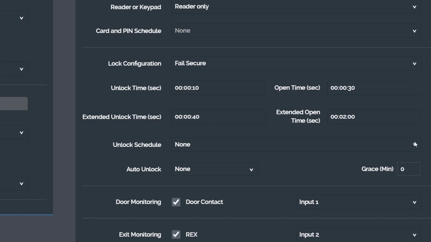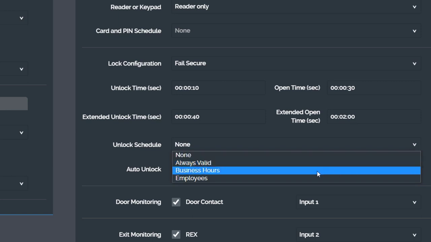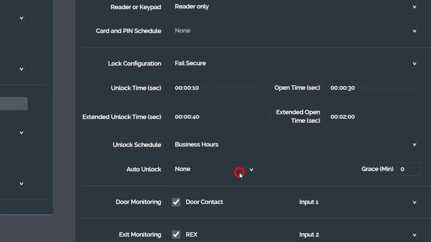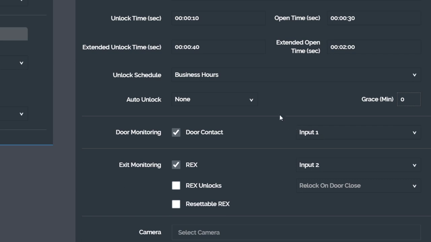A little below this, the unlock schedule is where you may choose a schedule when the door is left unlocked. In this scenario, recall that we want the lobby door open during normal business hours and created a schedule named Business Hours for this. We will select that schedule here. If you wanted the door to always remain locked, requiring users to authenticate for every entry, you would leave this